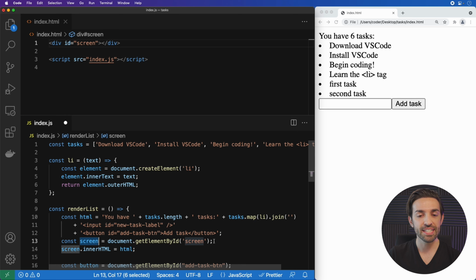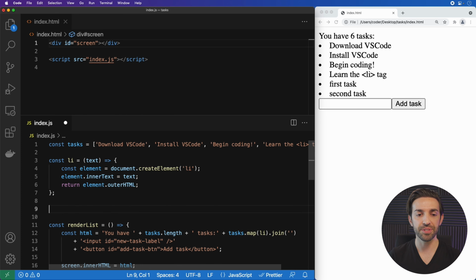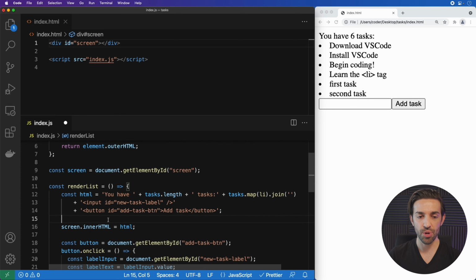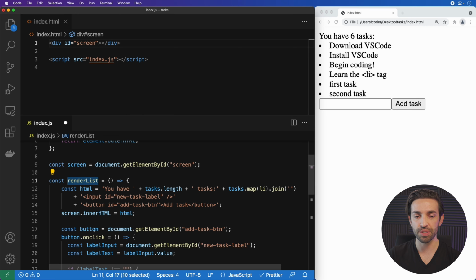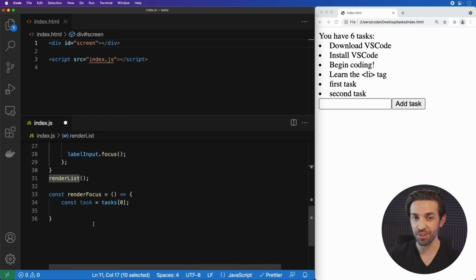In fact, instead of doing this here inside of render list, because we just kind of need it everywhere, we need it in both functions, I'm going to move this outside of that function so we can use it in both. So now that screen is defined out here, I can use it both in our render list function, but also in our render focus function. Now if I do